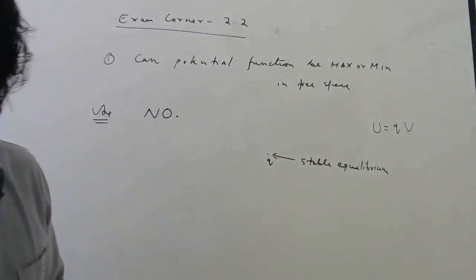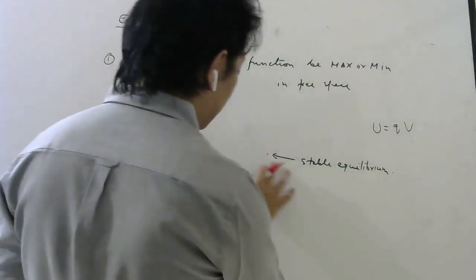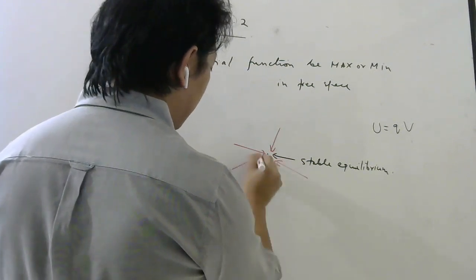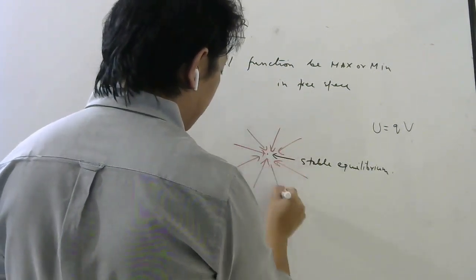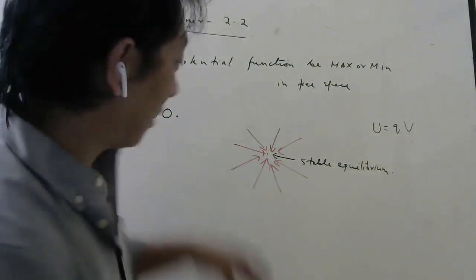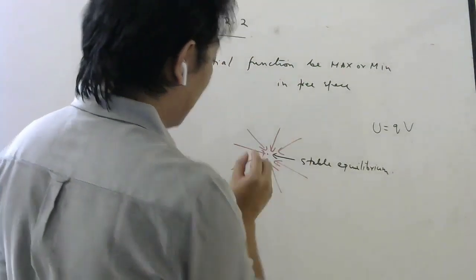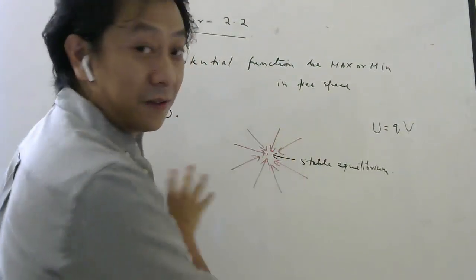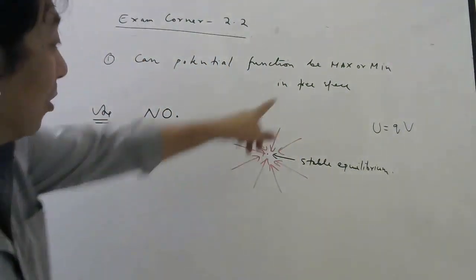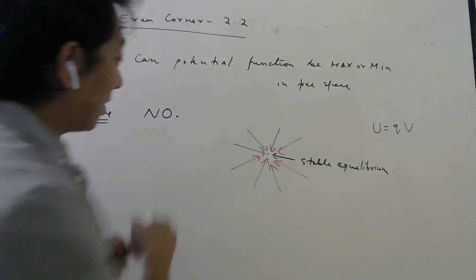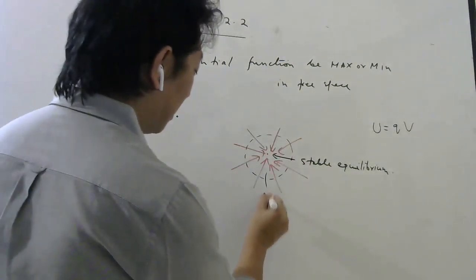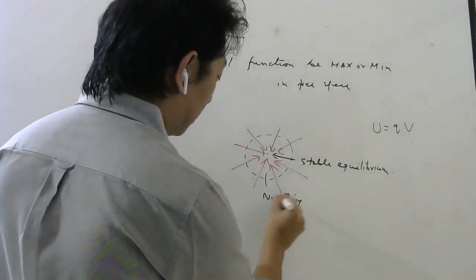Now why will the charge come back? Only if the electric field direction is this way, right? Electric field should be this way. If the electric field is this way at that point, then if I put a test charge here and displace it in any direction, it will come back. But they told what space? Free space. Free space means if you draw a circle here, there should be nothing inside.